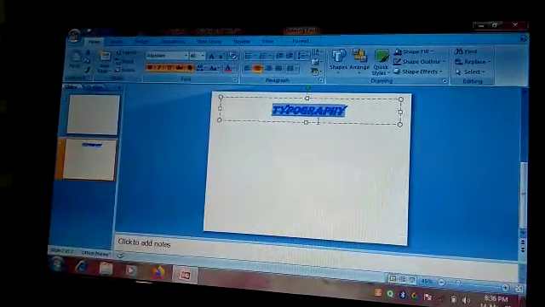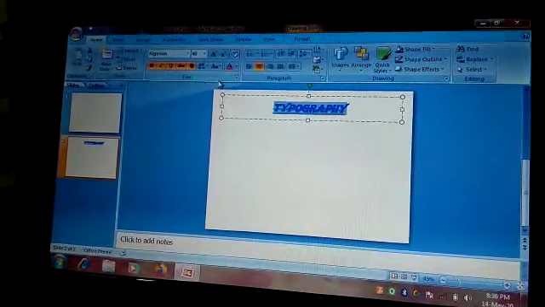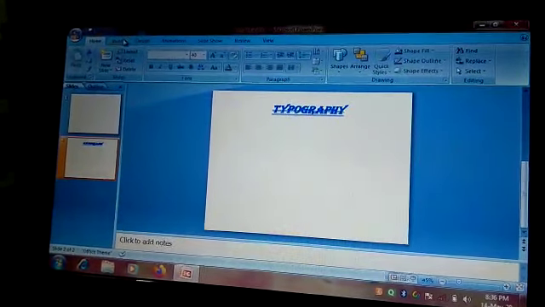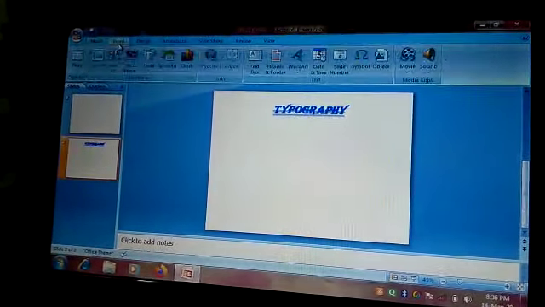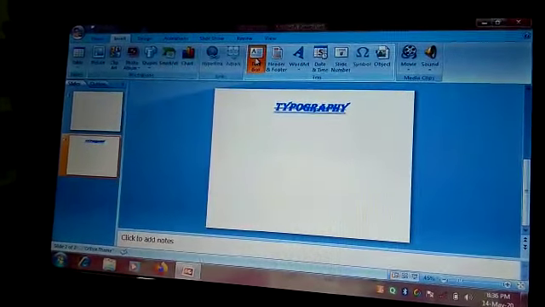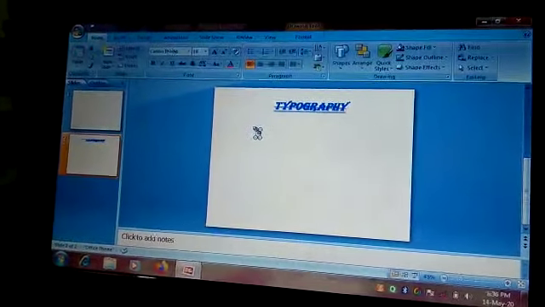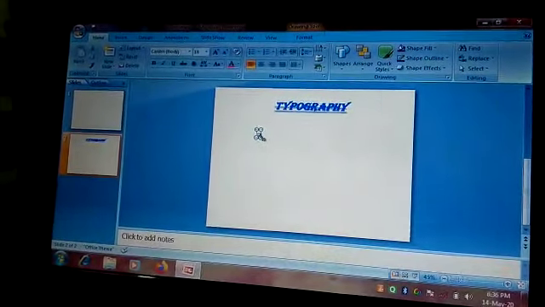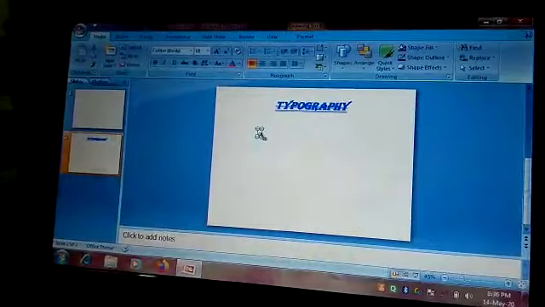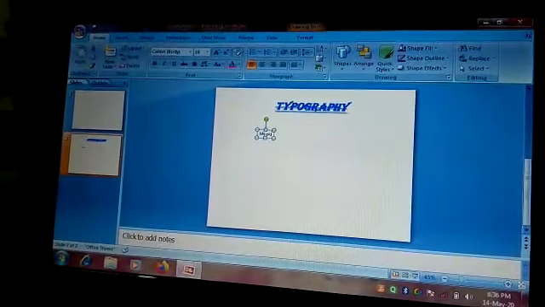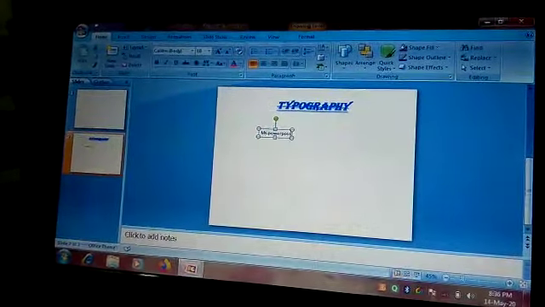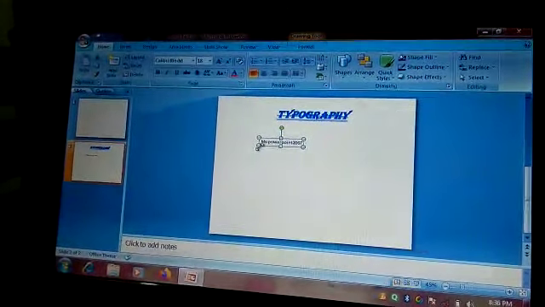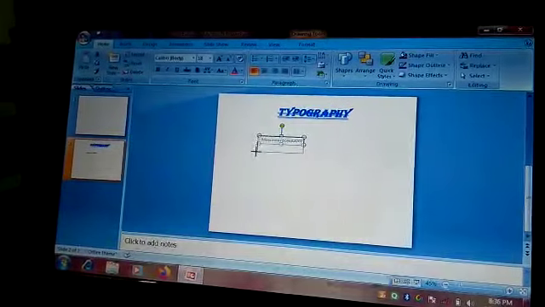Besides this, girls, if you want to go for any other option, say I want to insert a text box in this slide. So go to Insert and then just click on Text Box, and then on the slide wherever you want to insert this text box. Increase its size, or you can simply start typing over here. Say I am typing Microsoft PowerPoint 2007.